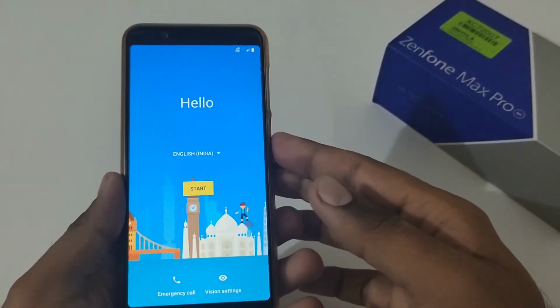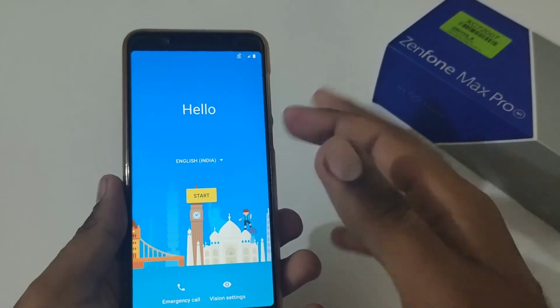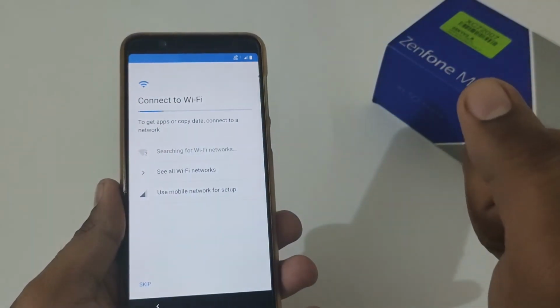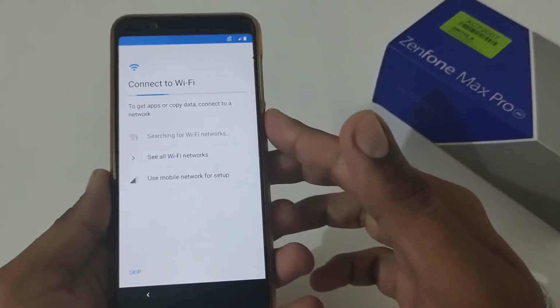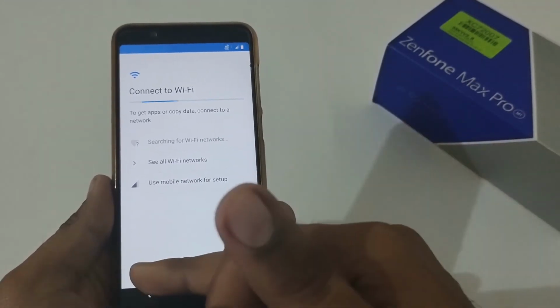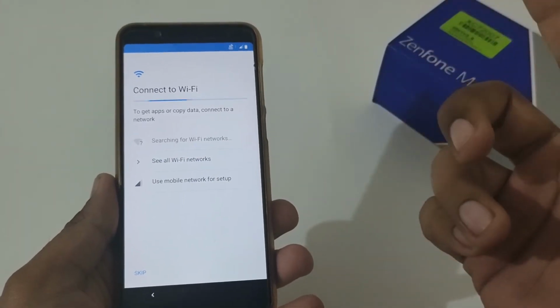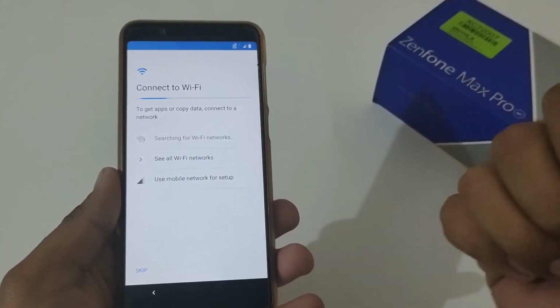So finally the phone setup process has been initiated. On the basis of mobile connection, it has selected English India. So just tap on the start button. If you are familiar with the hard reset process, then you know that it will never show a skip option here because you have to connect to Wi-Fi to log in either to a Google account or